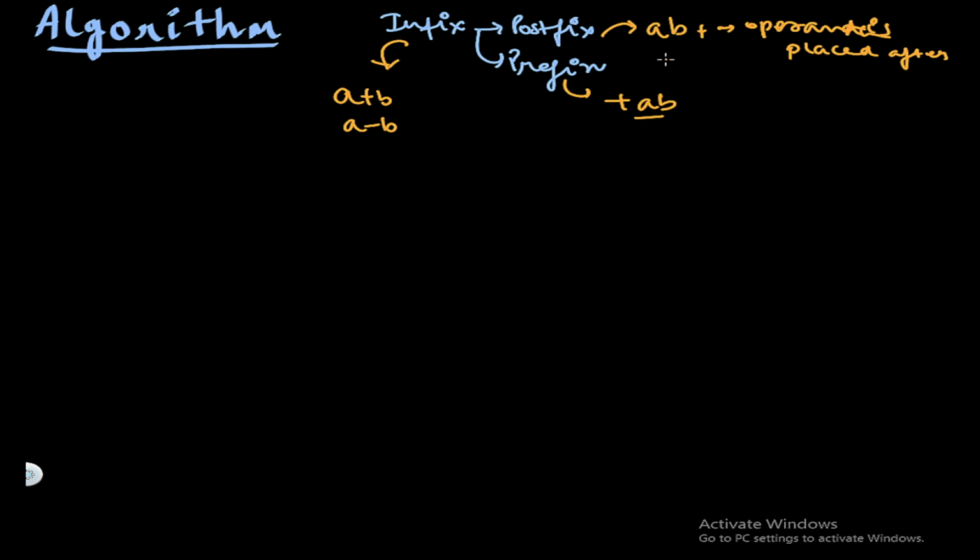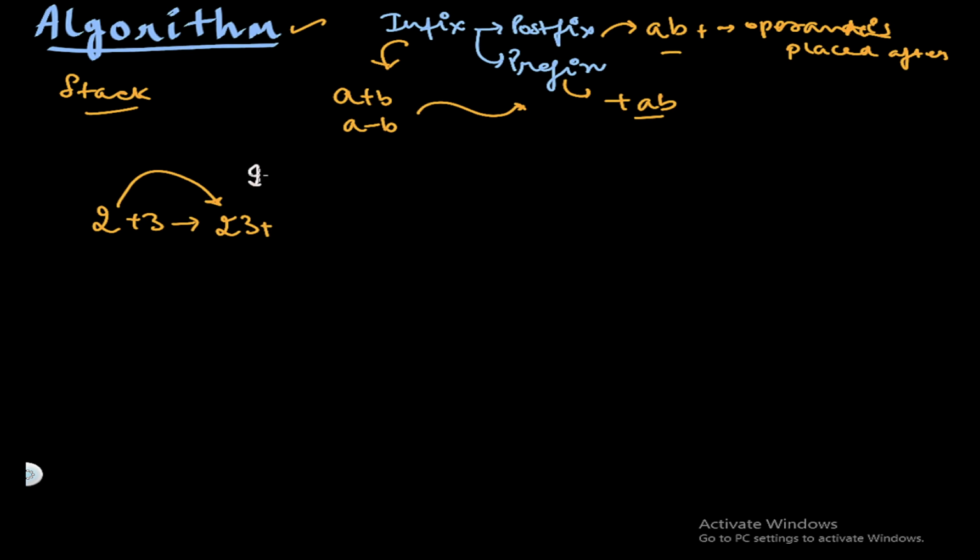Okay, so I hope that you understood these terms, and in this video we will see the algorithm using a stack, how we can convert these notations to one another. For example, we have to convert 2 plus 3 into 2 3 plus. The computer internally performs this transformation to calculate any arithmetic expression, but we have to just see the algorithm because it can be asked anywhere and it is used in various questions. So let's see the algorithm once.